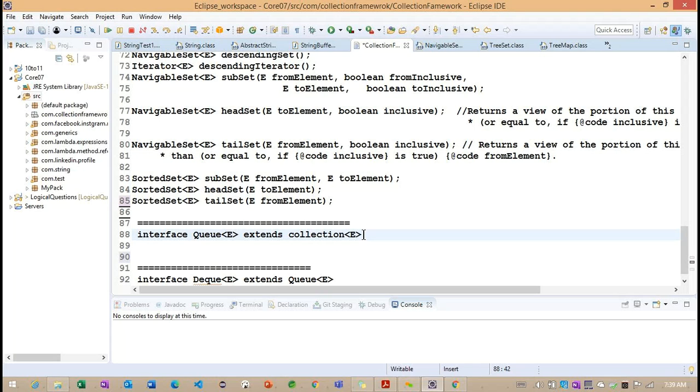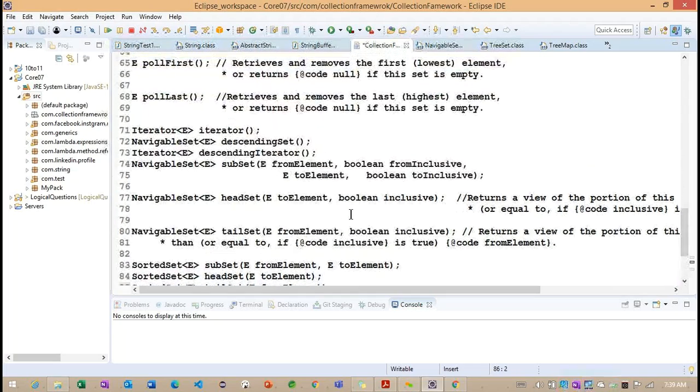But the navigable set, along with the sorting behavior, has retrieval options. Whenever we load objects, we can use different conditions, and based on them we can load the object. This feature is not implemented in the sorted set. This is the only difference between sorted set and navigable set.